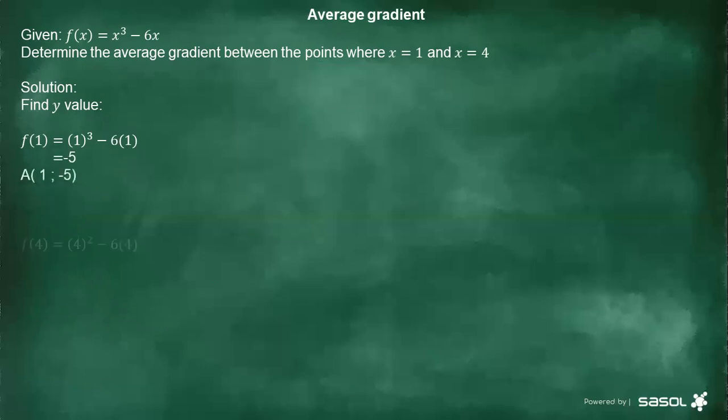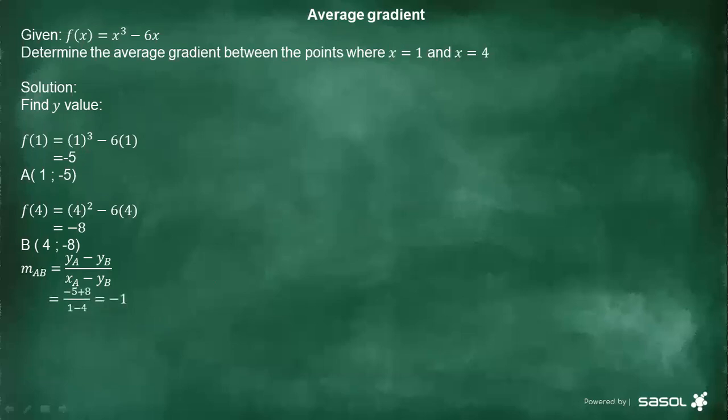That is the first point. And then you take the second x value there, which is +4, to the given equation. Substitute, then the answer is going to be -8 as the y value there. The second point is (4, -8). Now we can write the equation when you calculate the gradient, and then you substitute, then the value that we are looking for, the average gradient, is now